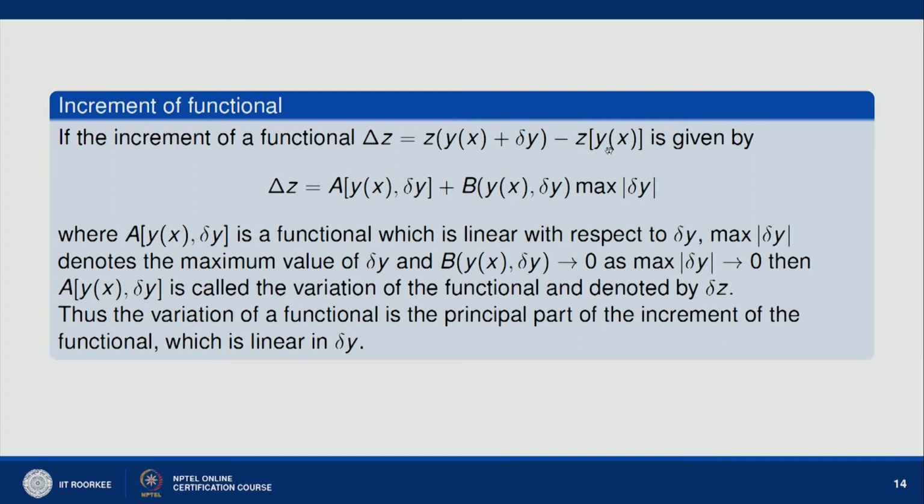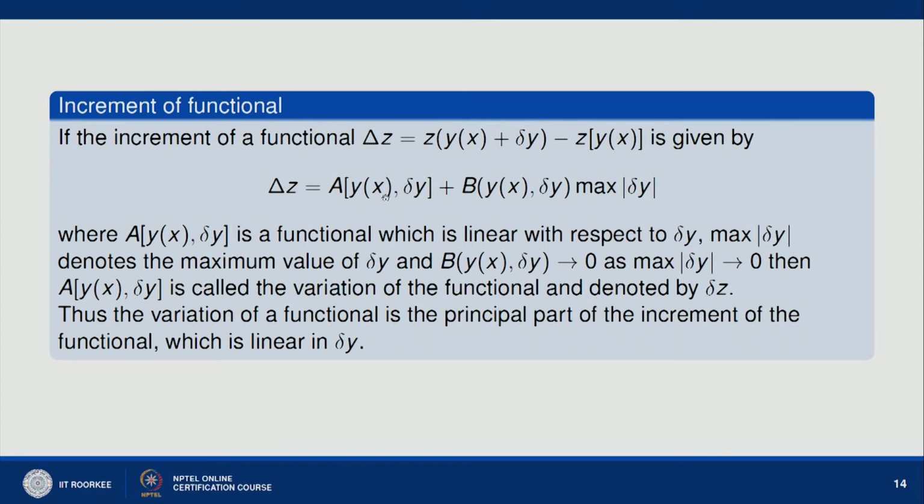If this increment is written like this, that is delta z equal to a of y x comma delta y plus b of y x comma delta y times maximum of modulus value of delta y, and if we consider this function as linear with respect to delta y, where maximum of delta y denotes the maximum value of delta y, and this b is tending to 0 as maximum delta y tending to 0, then this part which is linear in terms of, say, delta y